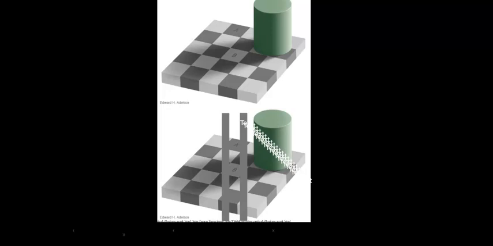Now look at the lower picture. The tiles are actually the same color. In an image editing program, both tiles will register an identical RGB value. This illusion, created by Edward Adelson, a professor of vision science at MIT in 1995, illustrates how our human visual